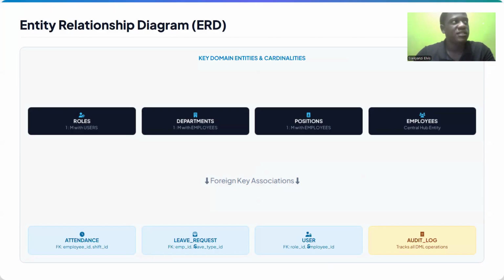One department can have a number of employees. The employee can be under different departments and under different roles. That is our ERD briefing.